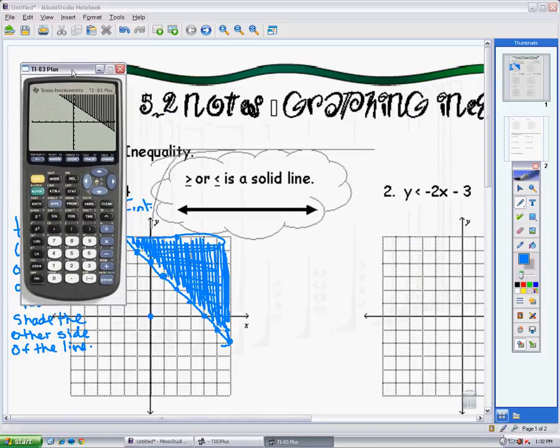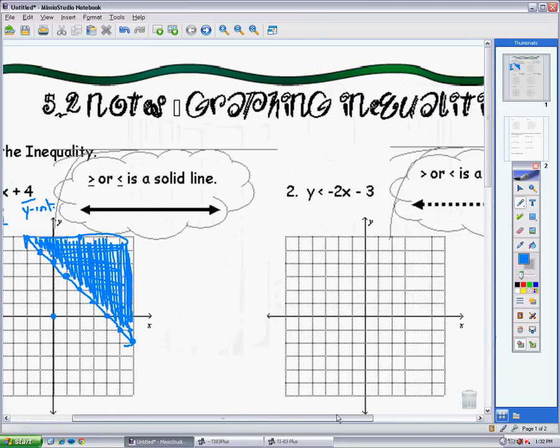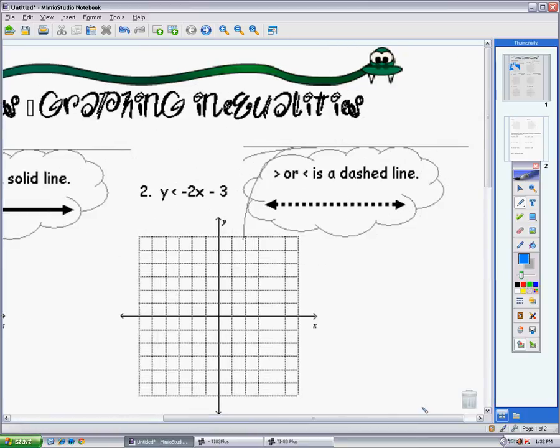I'm going to move my calculator over so I can go to number 2. Okay, again, we're going to start out with our y-intercept. In this case, our y-intercept is -3, so I'm going to come down 1, 2, 3. And my slope is -2. And I can change that to a fraction by putting it -2 over 1. So that means I'm going to go down 2 to the right 1